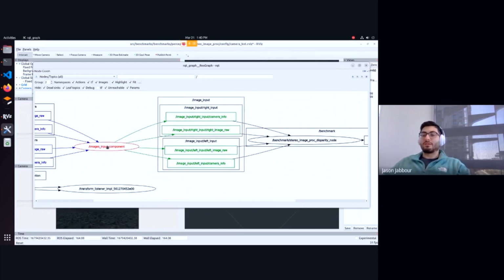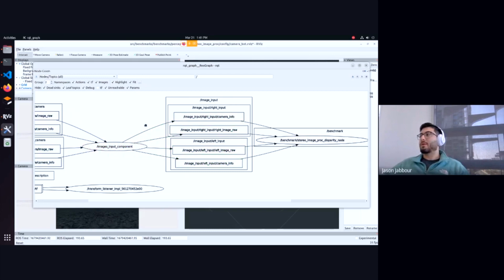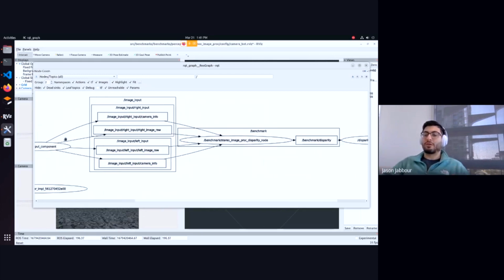Every time a new image is published into these topics, it has a callback function, which basically starts a trace point and then publishes that same image back to another topic. So the purpose of this node is to start a trace point every time a new image is coming in. That will better help us contain everything that we're measuring inside of the benchmark,